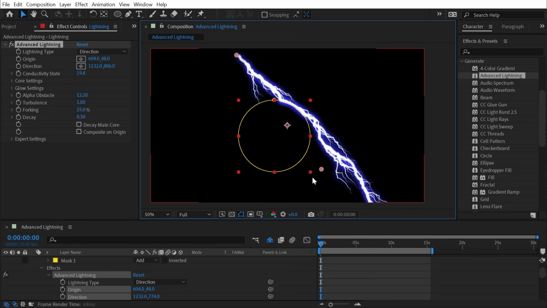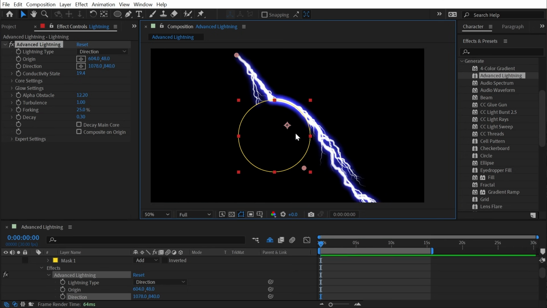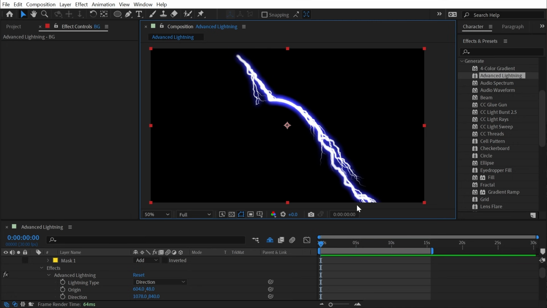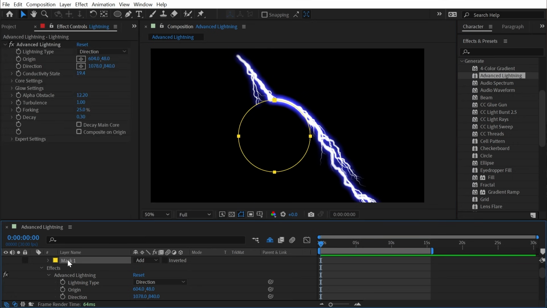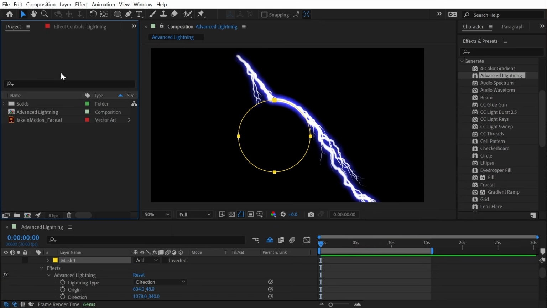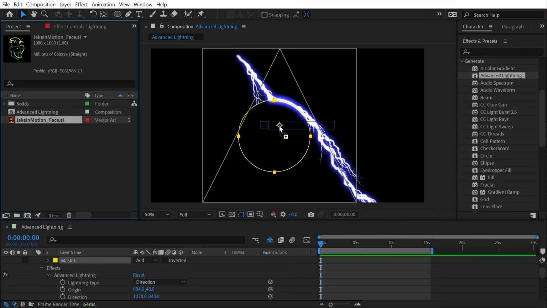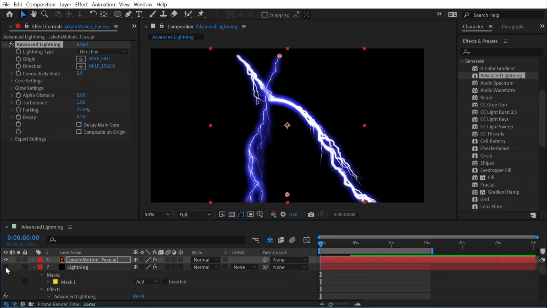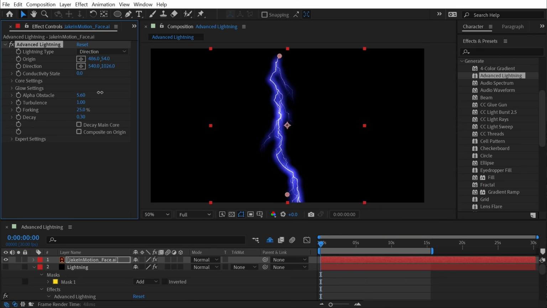So I can move these points around, and now you see that it's kind of hitting that mask and moving around it. So if you wanted to have electricity moving around an object, this is exactly how you would do it. And let me show you that if I bring out my logo and apply advanced lightning to it, I'll turn off the second instance for a second and turn up alpha obstacle high enough, then it is going to